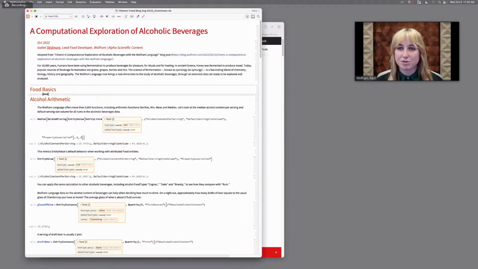So let me just do a really quick basic on how food works. I think food entities are kind of complicated. In Wolfram language, if you're working with city entities or country entities, usually the format for typing those in is Entity, and then in the two arguments you can say City and then whatever city that you have, and sometimes there's a little bit more that goes into it. I think food entities are a little bit more complicated because of the way that we